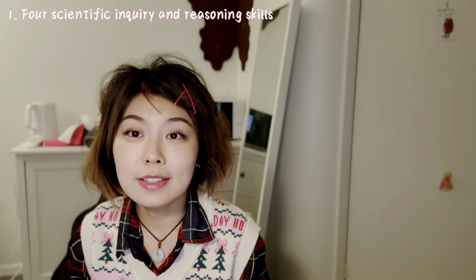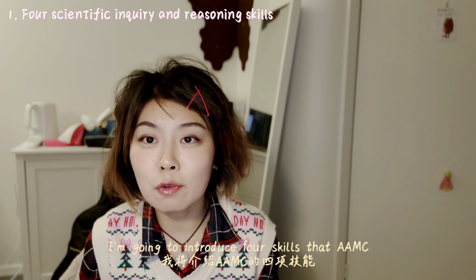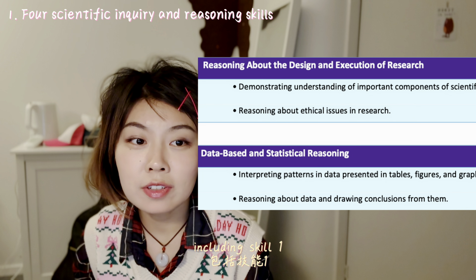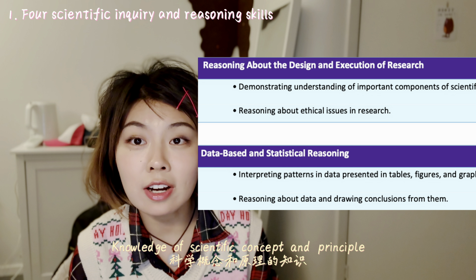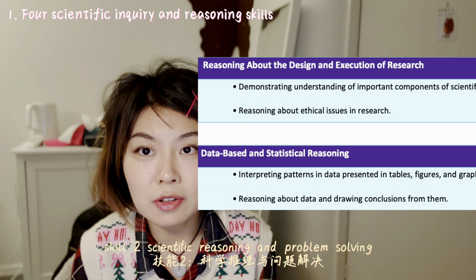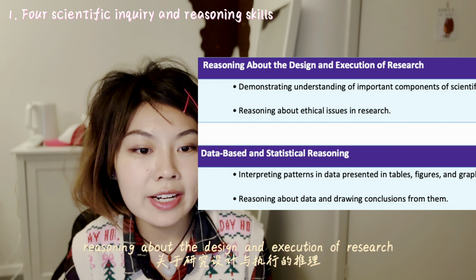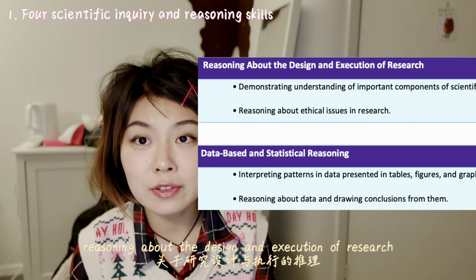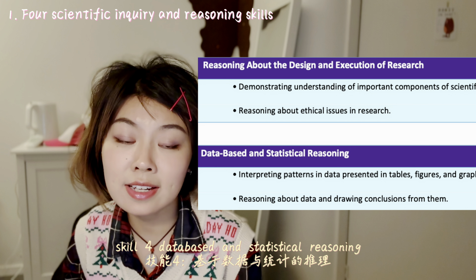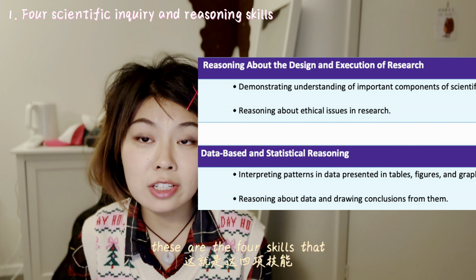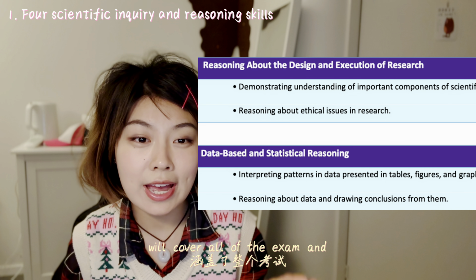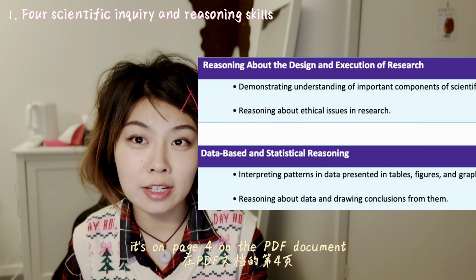And let's begin. The first part, I'm going to introduce 4 skills that AAMC wants us to grasp, including Skill 1, knowledge of scientific concept and principle. Skill 2, scientific reasoning and problem solving. Skill 3, reasoning about the design and execution of research. Skill 4, data-based and statistical reasoning. These are the 4 skills that will cover all of the exam, and it's on page 4 of the PDF